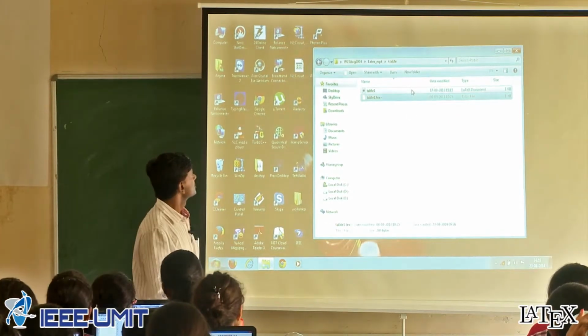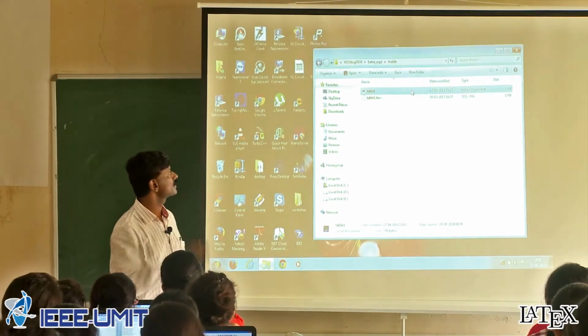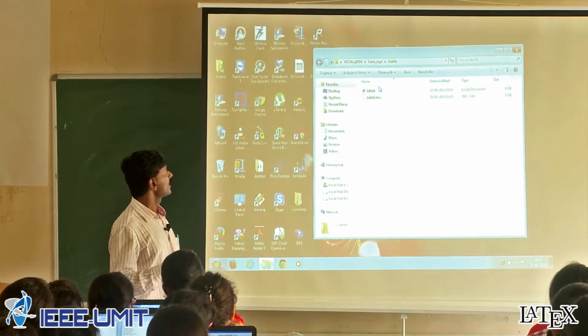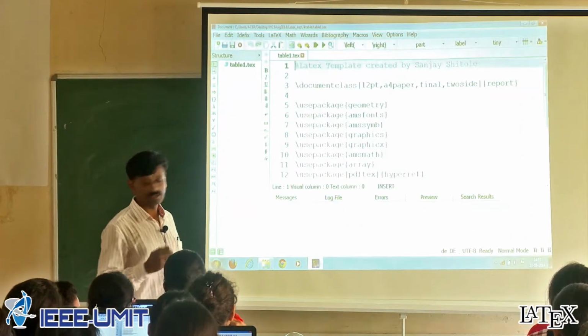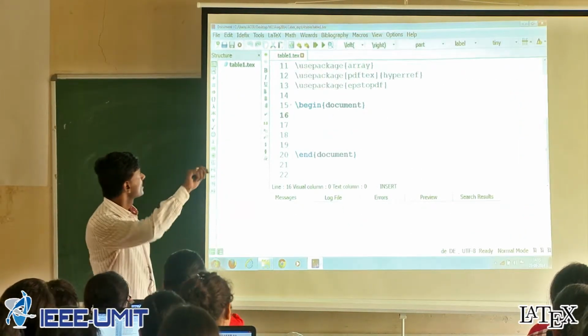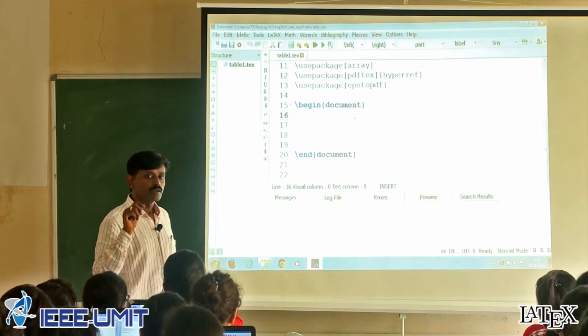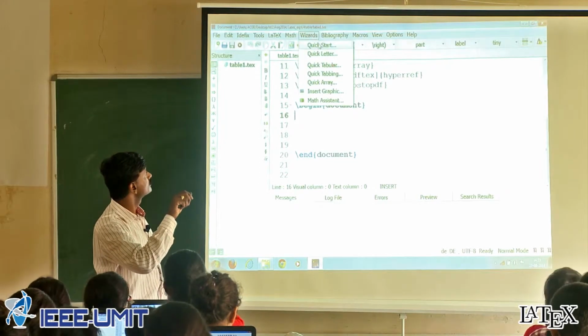I will show you. So once again you require the LaTeX template. This template is available in the new folder called 4 table. So open that folder, and the LaTeX template you can open with Text Studio. Once again we will use this portion to create the table. Now you have the wizard here, this facility, quick tabular.